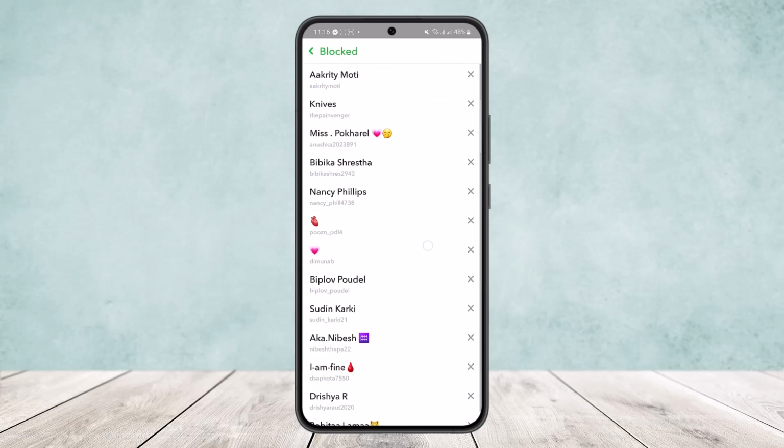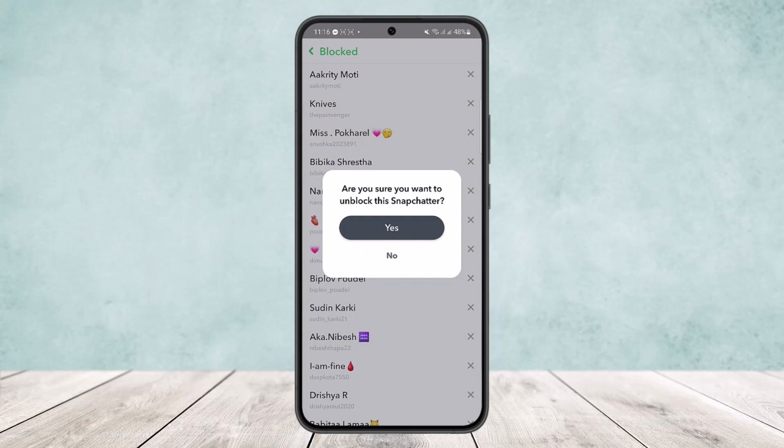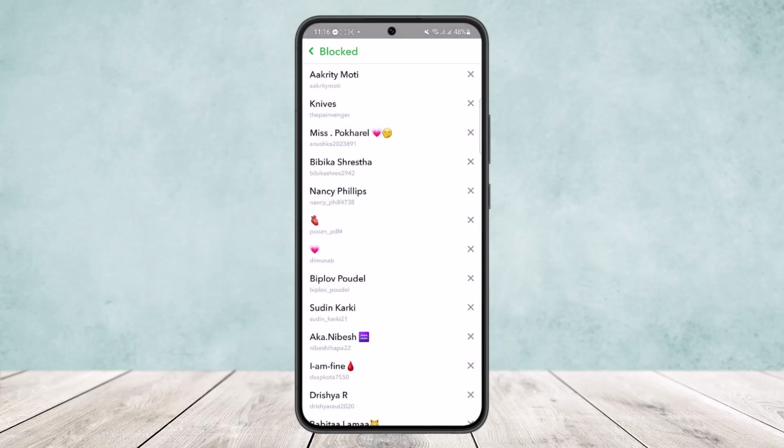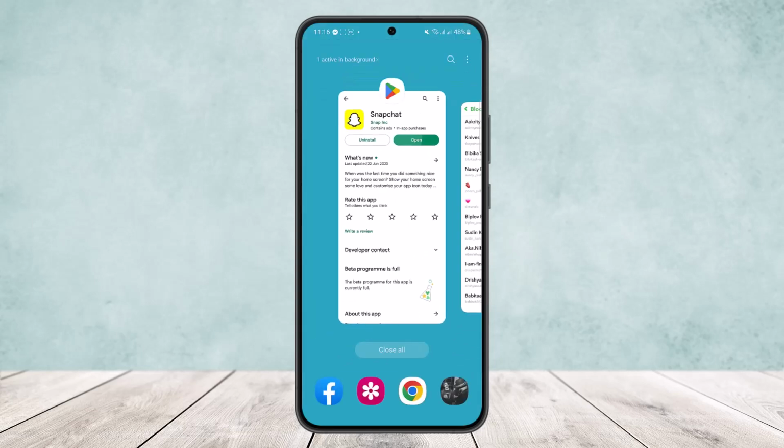Now to unblock a particular user, what you can do is search for them here and then tap on the cross icon just beside their username. And then here you'll find the option, are you sure you want to unblock the Snapchatter? You can see it popping up on your screen. Simply tap on yes and they'll be unblocked. So this way you can unblock on